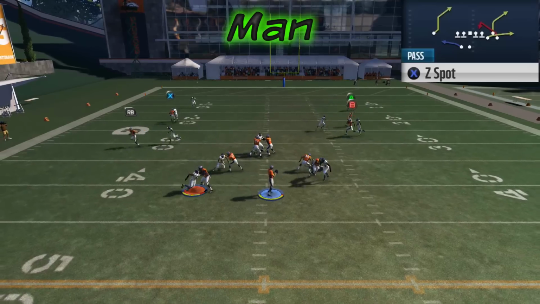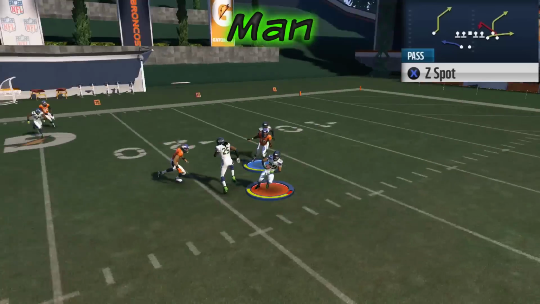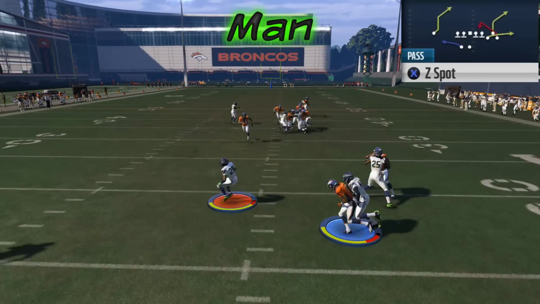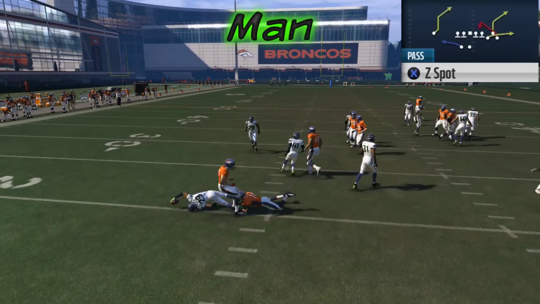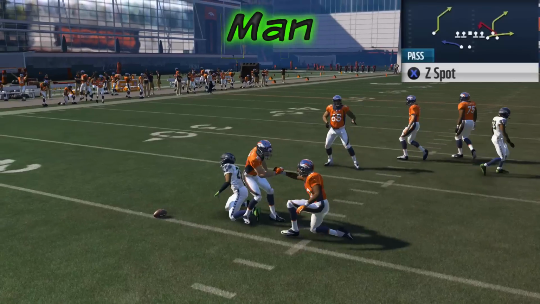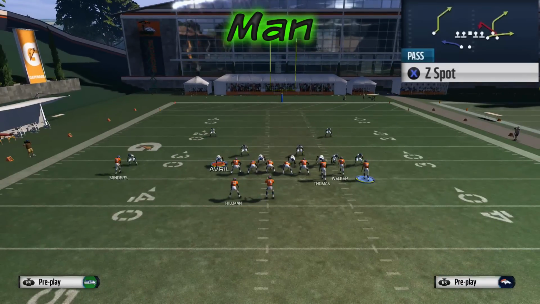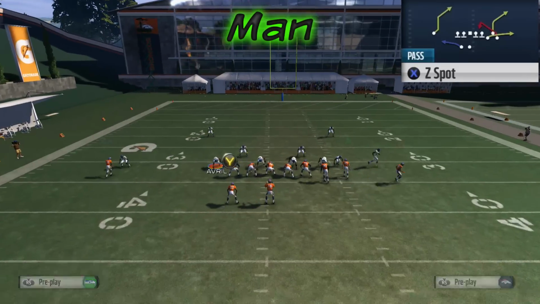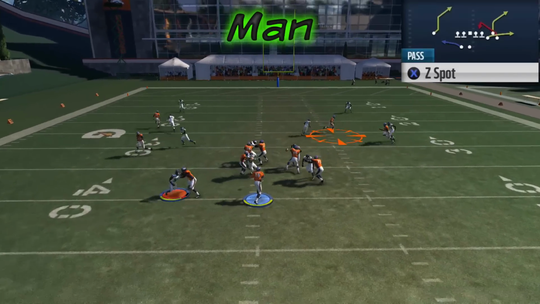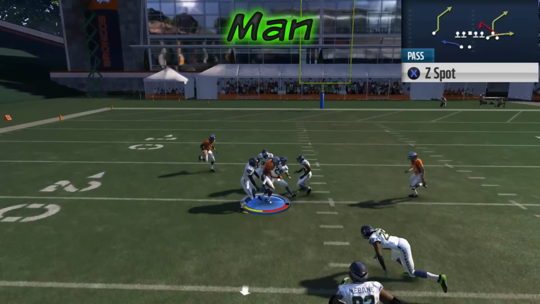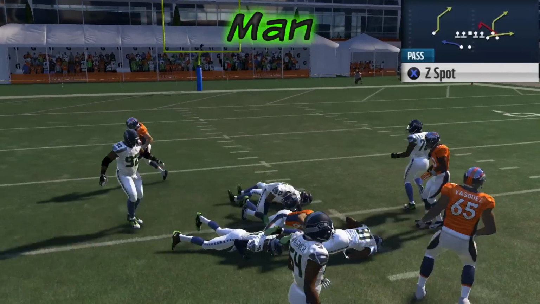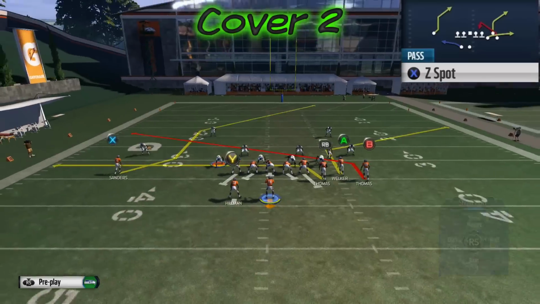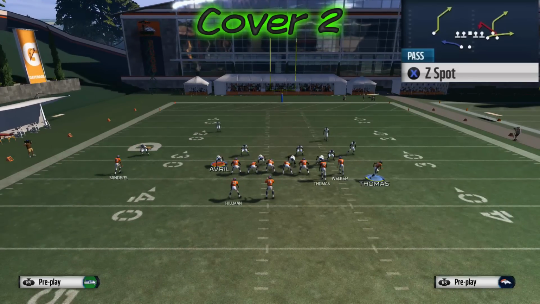All of your underneath routes are also going to be open, and one route that I will caution you against throwing against man with two safeties over top is that post pattern. It's unbumpable. It looks like it can be open, but it's very risky. I would not throw it. It's not that you can't get it, but it is very risky. As you noticed right there, off of the line of scrimmage, the corner actually got inside position. So it's something you have to read. It's not always 100%. Just stay away from it.